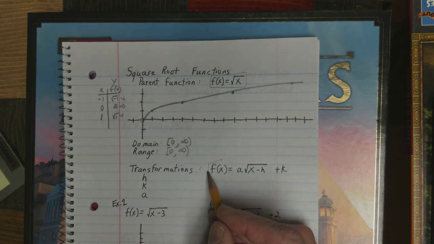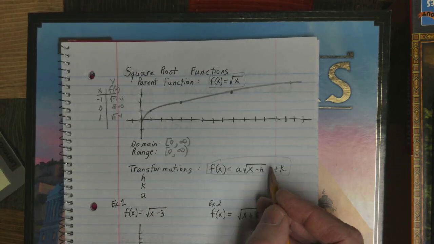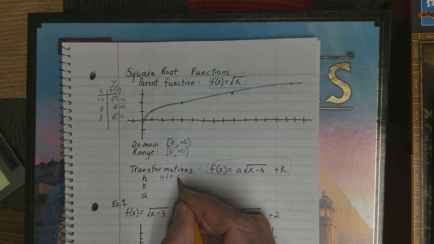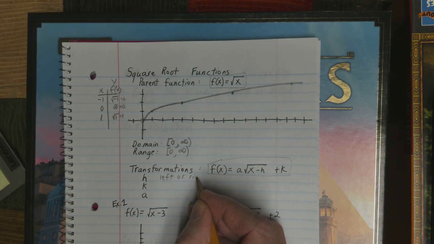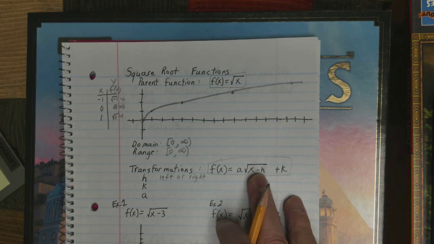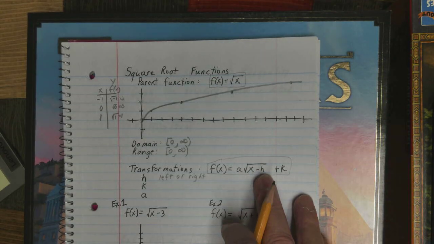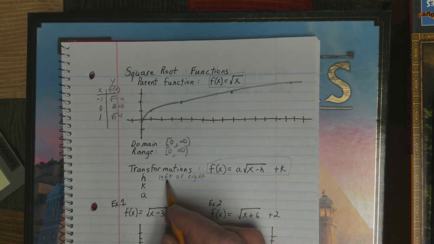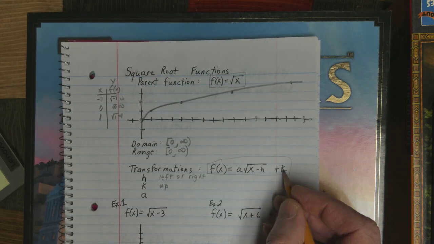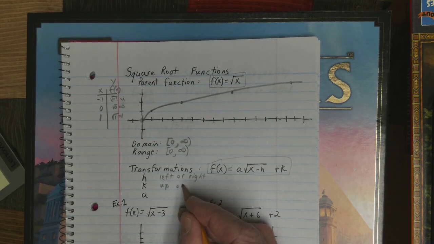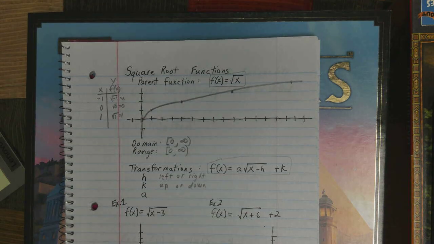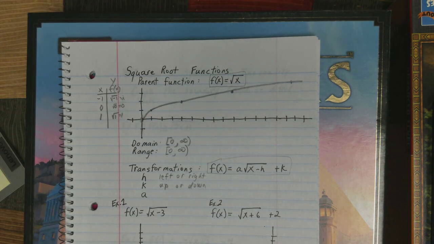And if you remember some of these transformations, h is the left or right shift. And remember, if it's negative, right after the minus, we go right. And if it's a plus, we would go left. And then the plus k, that's up if k is positive, or down if k is negative. The a is kind of the